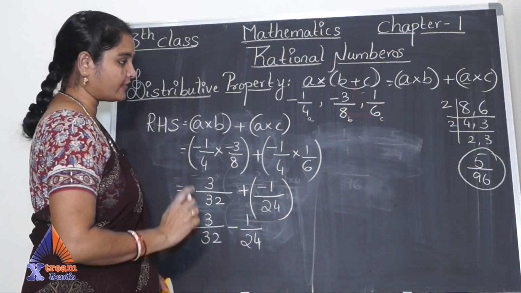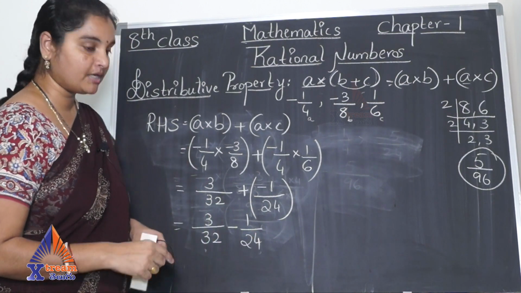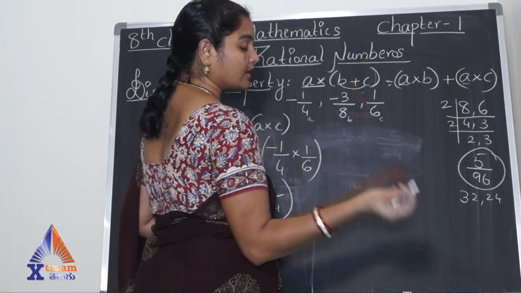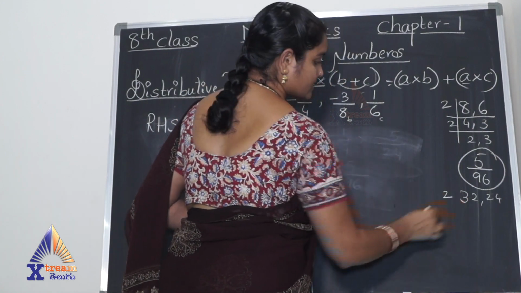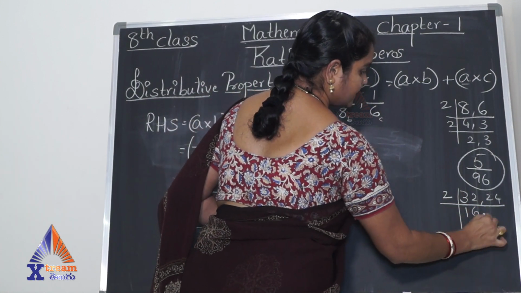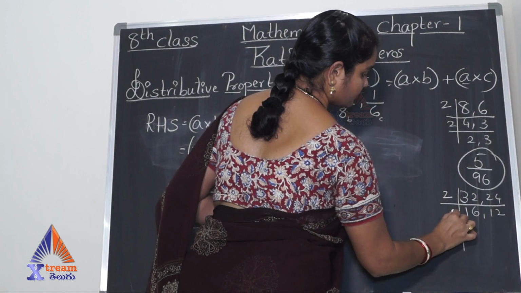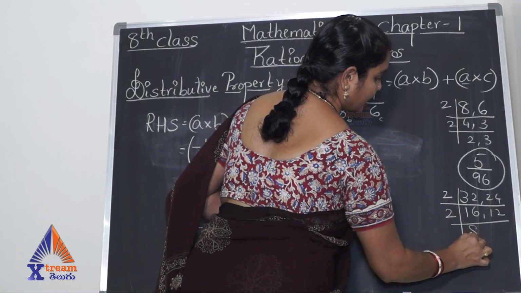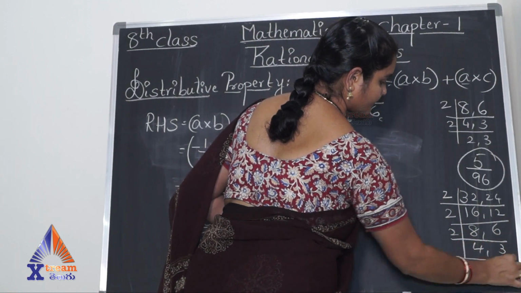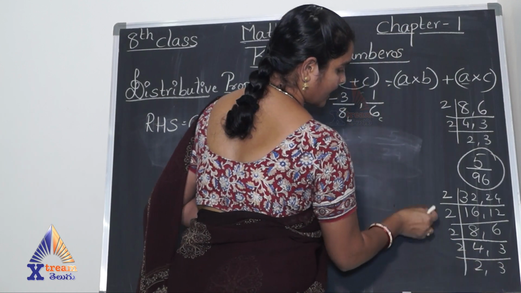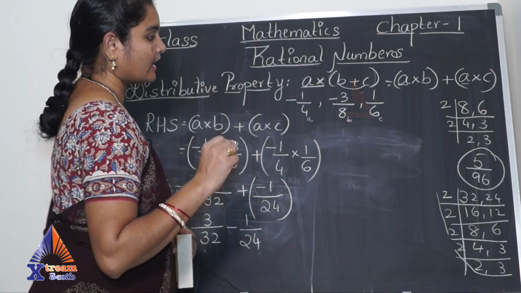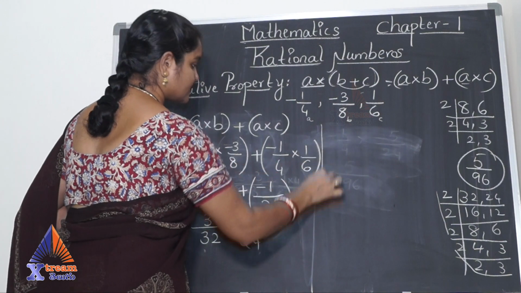Now we need to subtract these both fractions. So 32 and 24, two different denominators. We take LCM over here. 32 and 24. Since both are even numbers, we take 2 as common factor. 2 16s, 2 12s. 2 8s, 2 6. 2 4s, 2 3s, 2 2s and 2 3s. So we have 2 2s 4, 4 2s 8, 2 2s 4, 4 3s 12, 12 8s is 96. So we have 96 as our LCM.